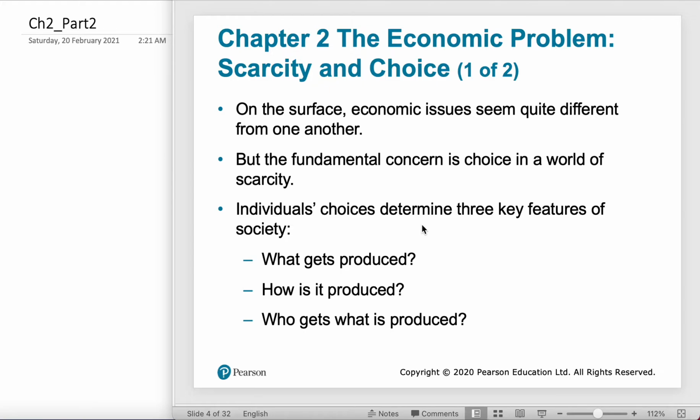features of society, and these three features, or three fundamental questions, I said, are, if I want to use the highlighter, the what question, so what gets produced, and the how question, and the who question, or I said it alternatively, the for whom question. So the what question is that we are asking what society needs to produce, or what gets produced. The how question is referred to what type of mixture, or with which know-how,